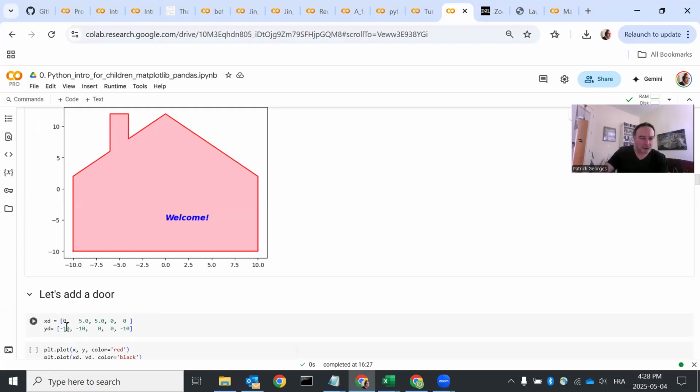So basically the first coordinate is 0 minus 10. So I want to have something here, 0 minus 10. And then 5 minus 10, I want to have something drawn here, 5 minus 10, and then 5, 0, so it should go here, 5, 0, and then 0, 0, and then 0 minus 10. So these are the coordinates of something which looks like that, and I want to plot it over the initial house. Okay, so let me run this cell,